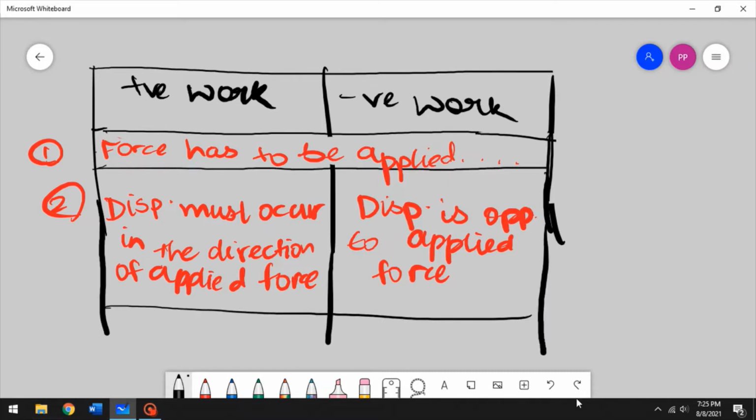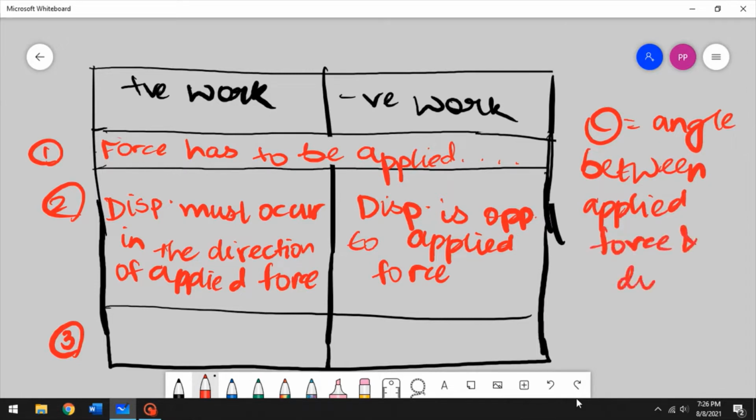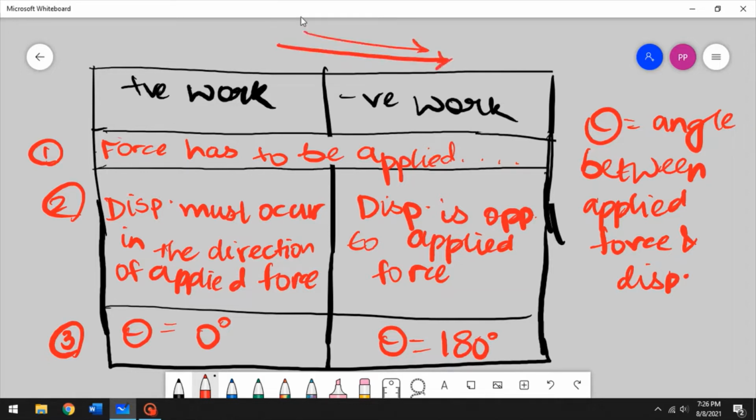And a simple way of remembering the difference between the two would be to talk about theta. Let theta be the angle between applied force and displacement. Theta should be 0 degrees for positive work, and theta should be 180 degrees for negative work. So 0 degrees would mean that if work is being done in this direction, displacement is also in this direction. However, if you're talking about theta of 180 degrees, so if you have work and displacement along the same line,